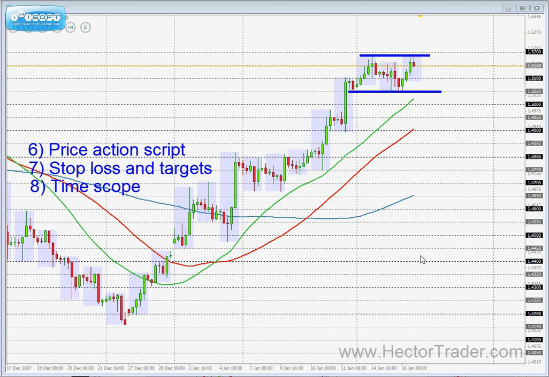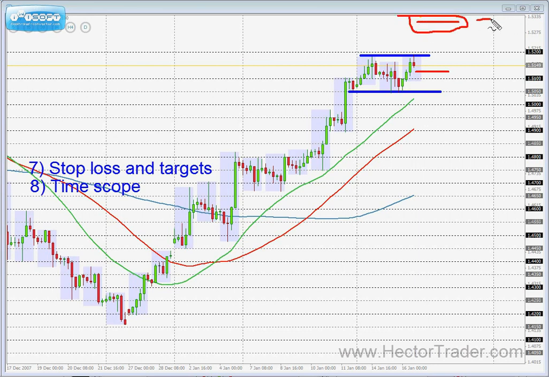Moreover, you want to write down a small script of action, the type of price action you want to see on your chart in order to search for an entry. In this case, we already mentioned that you want to see a breakout to the upside. Where will you place your stop loss levels and your targets,